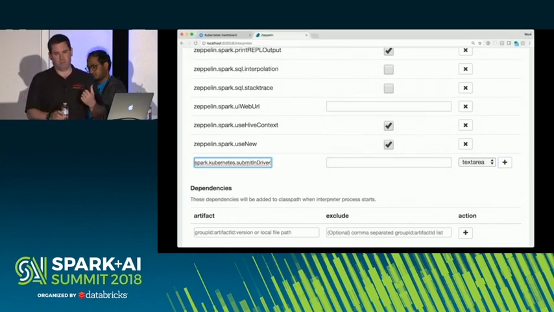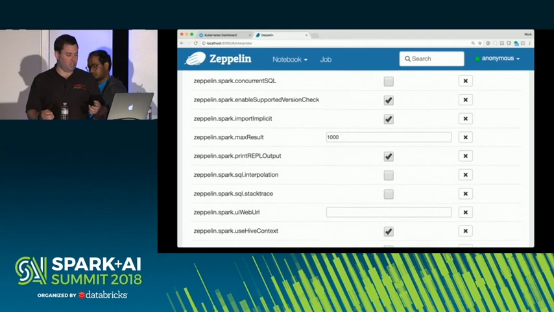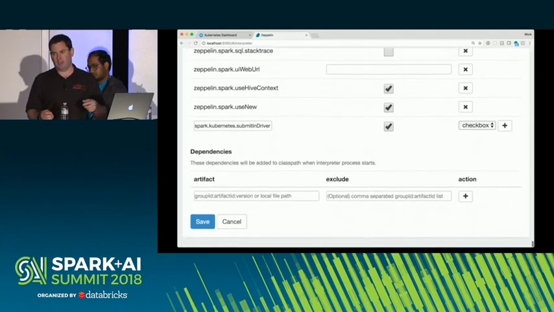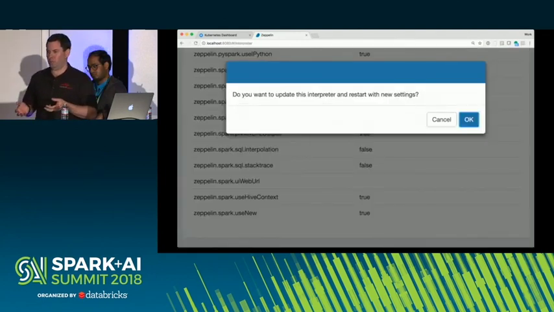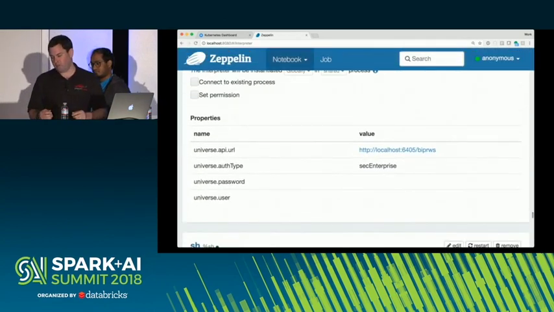And the last thing we have to do is say, hey, this is going to be running inside the cluster in client mode, and we have to disable Zeppelin's version check. It has a version check to say, hey, is the version one of the versions we support? Since I'm building off the trunk, it doesn't know about my snapshot version number.